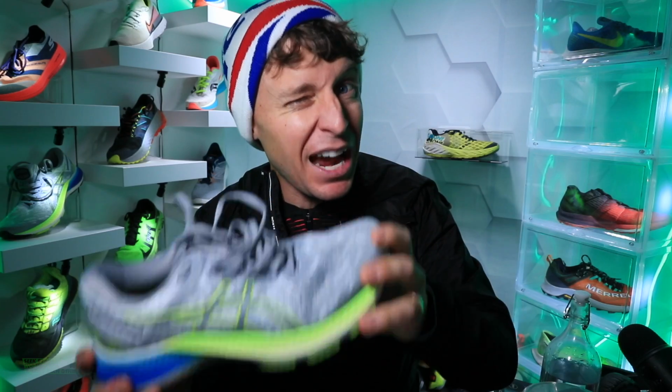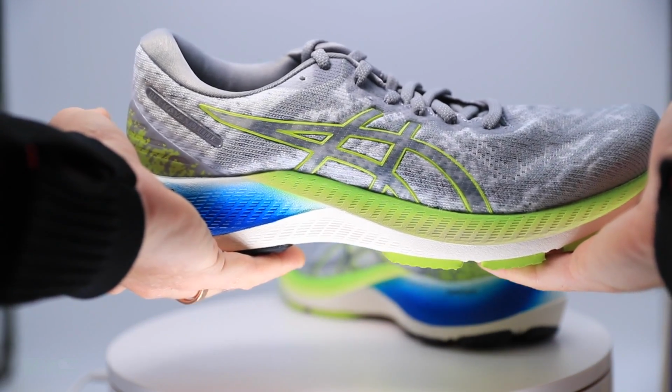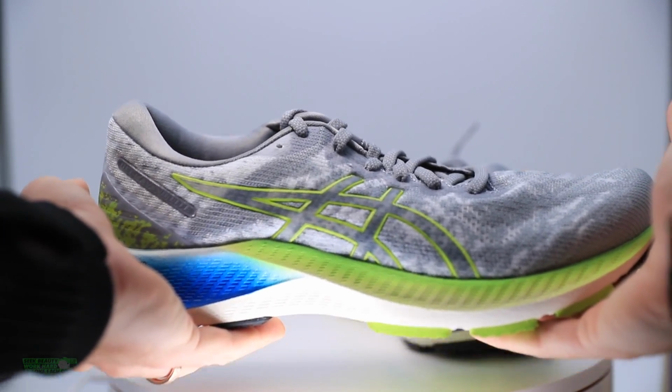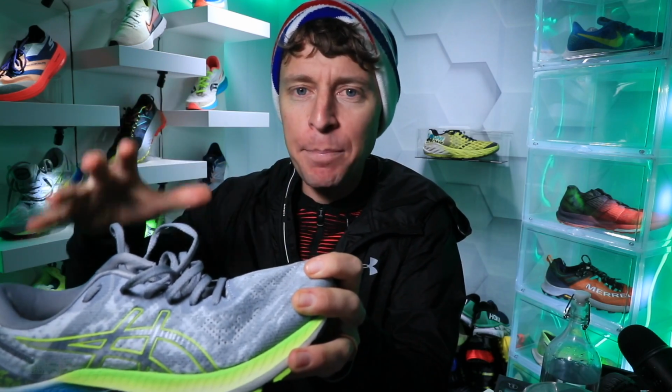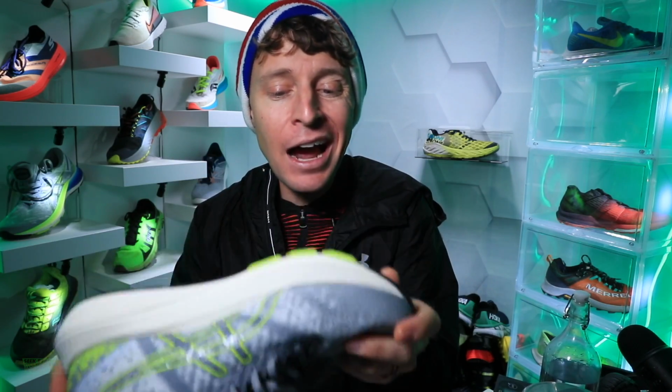And I'm going to say, actually, no. The only reason is because of the weight. If they could, ASICS, if you're listening, if we could drop the weight by 1 ounce, so under, around 8.5 ounces in my size, I would put this more closely into that daily trainer and tempo day category. But for now, it's going to fall into that daily trainer category,